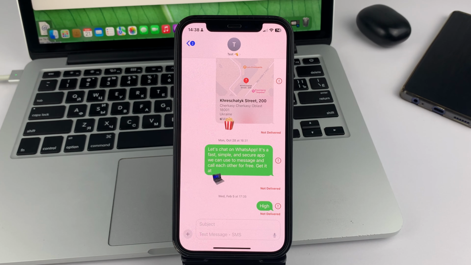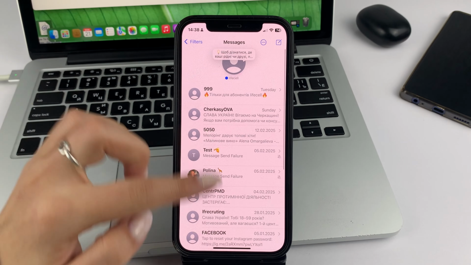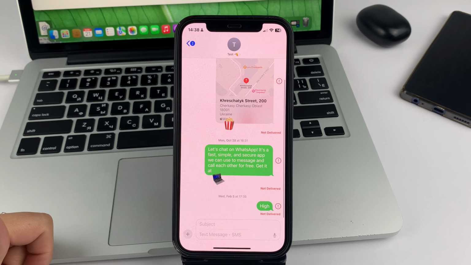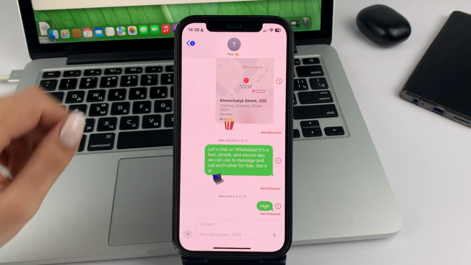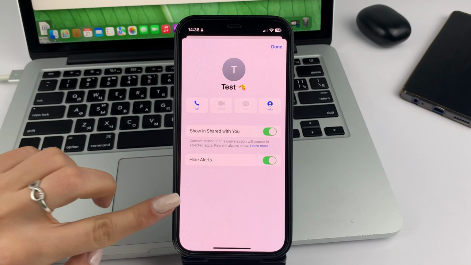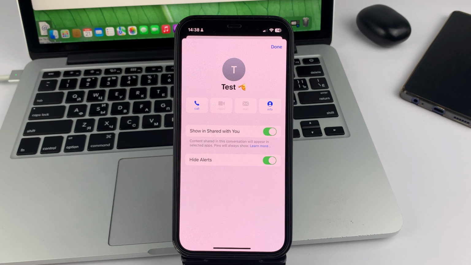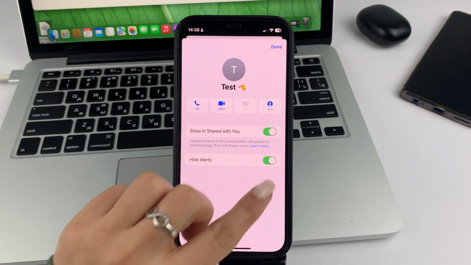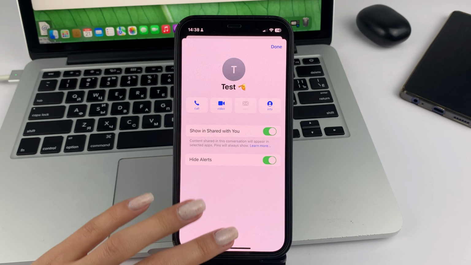And now I want to show you how you can enable it yourself so that other people can see, for example, that you've read their message. If you want to do this for a specific person, then please go to that person in the correspondence with them. Next, at the top, click on their name. And here you will find the option to send read notifications. You will just need to click on the button to enable this option.